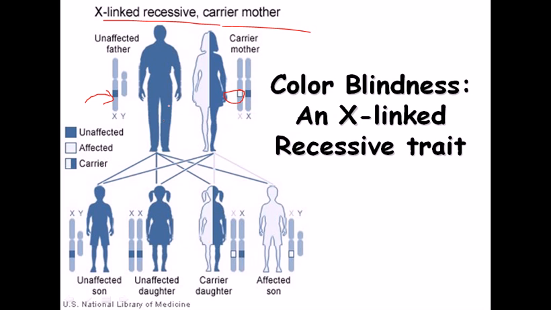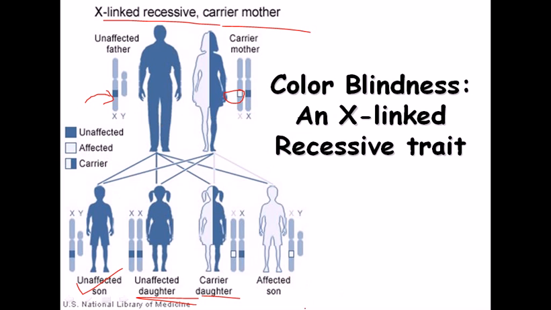Among the offspring, what can happen, XX or XY, whatever it can happen. So the possibilities are that the X is one normal with one abnormal, or a normal with a normal X. So there is an XX daughter, which is normal, an XX daughter, which is a carrier, an XY son, which is normal or unaffected, and an XY son, which is affected.